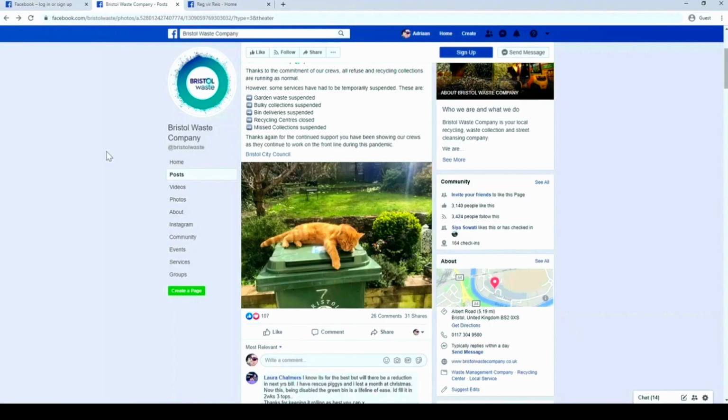Luckily, with web scraping, we can get the names of the people who liked your post, the people who shared the post, and the people who follow your page in a matter of seconds. And then using Python's list capabilities, we can quickly see who is in all three of those lists and randomly select one or more winners. Now for my example, I'm going to use a post from Bristol Waste.